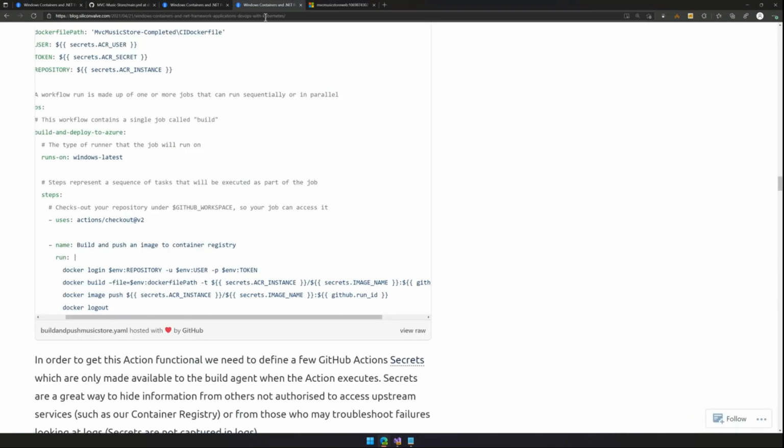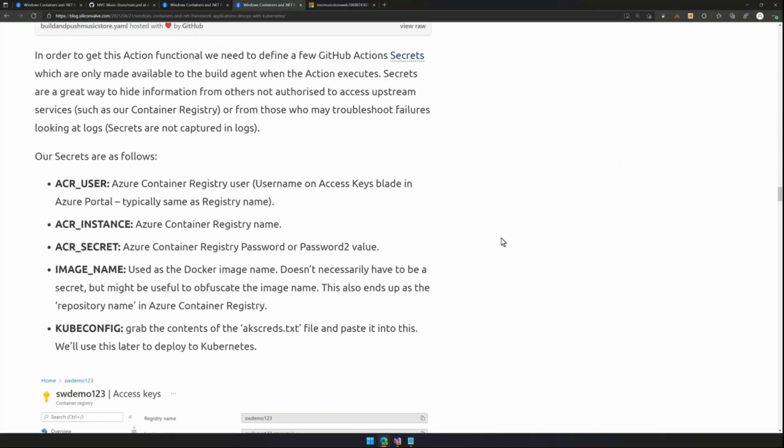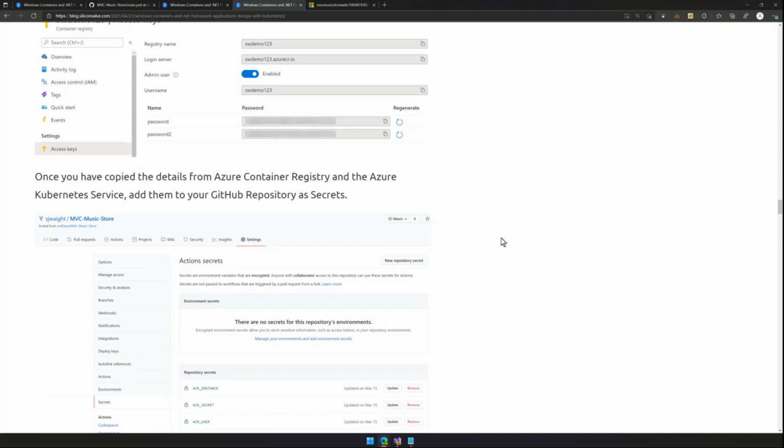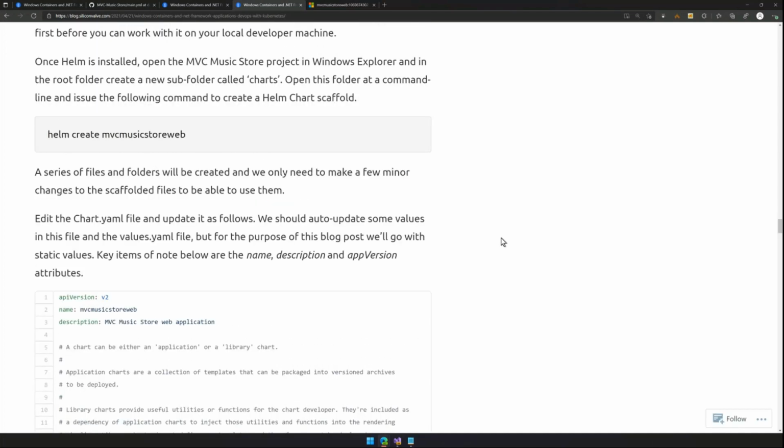All right, so we've done all of this work. We've built our Docker container. It contains a version of our web application. We've defined a secret inside of Kubernetes. So I guess the next thing we need to do is we need to take that Docker container and actually deploy it into our Kubernetes environment. So the way we do that, I'm just going to scroll down here a bit, is we're actually going to use a thing called Helm.